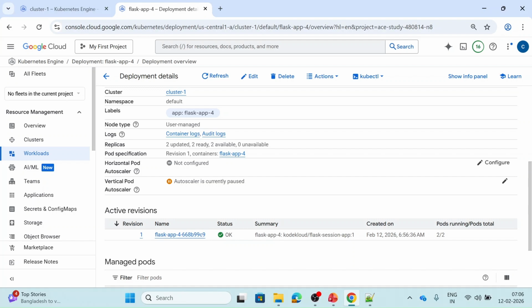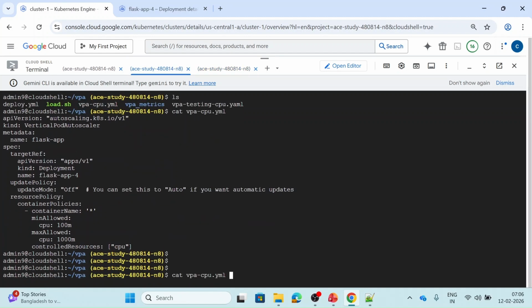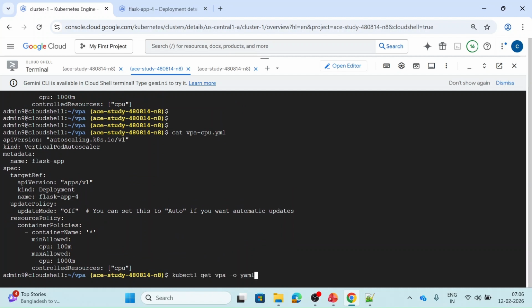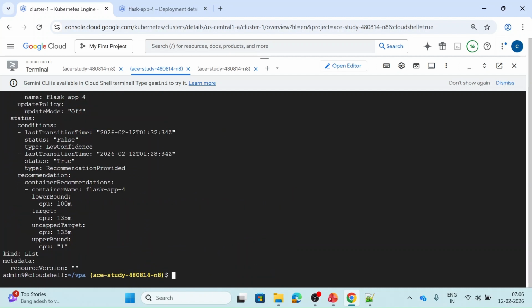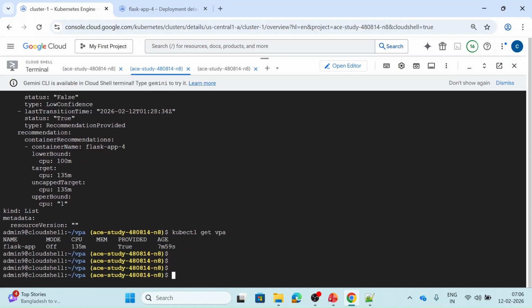You can see autoscaler is currently paused. It will not do anything. And if I do kubectl get vpa -o yaml, now it is showing 135, and if I run this get vpa also. Now what we can do, if we are okay with these updates,